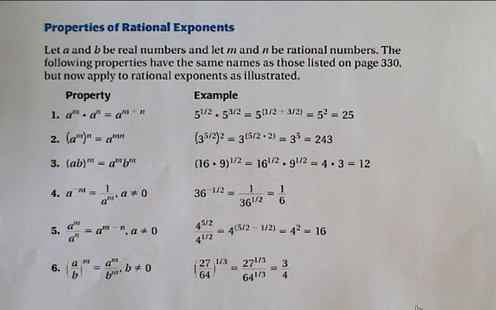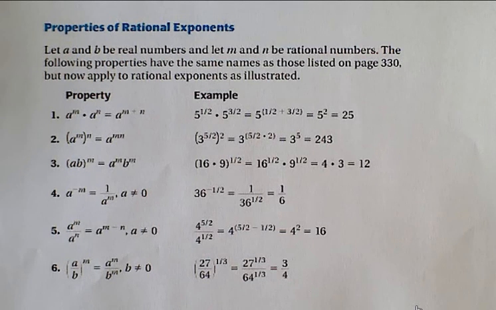Okay, section 7.2 is a discussion of properties that we're allowed to perform on all exponents, not just on rational exponents. What's different about the sheet that you see in front of you here is that with each one of these properties, they've chosen an example that shows how the rational exponent part of it can be used. As I run through, I want you to note what the property allows you